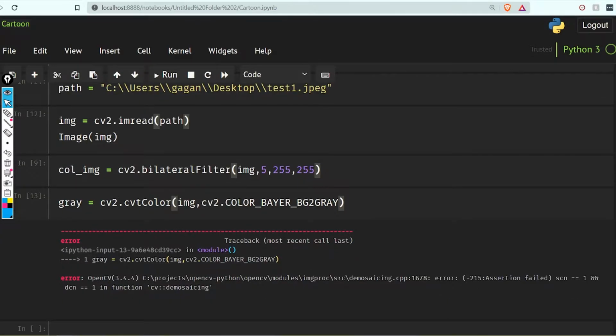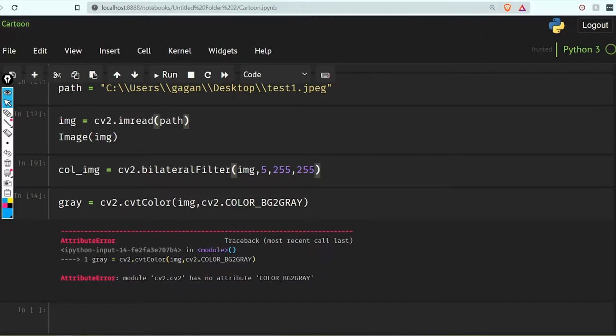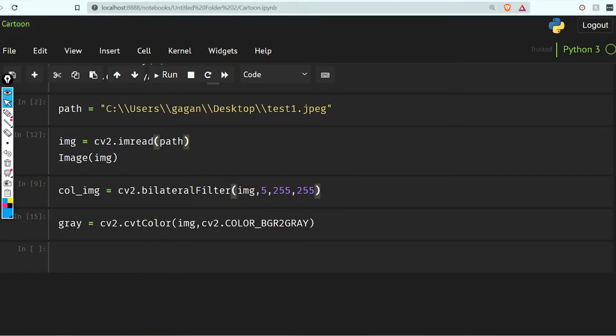Why is this showing us an error? Oh yeah, I should not use this, BGR2GRAY. So we have our color image, we have our gray image.